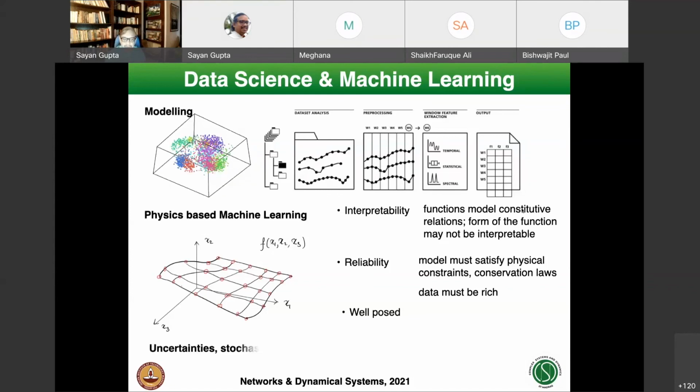Apart from this, there are other issues. In any sort of analysis, there will be uncertainties in your data, uncertainties in your knowledge about the physics associated with the problem, or you may not be able to consider all the parameters that influence the problem. You may be leaving out certain parameters just by not knowing. That's where your uncertainties come in, and that's when you have to introduce stochastic modeling as part of your models and analysis. But that's an entirely different level of work. So we will stop here.